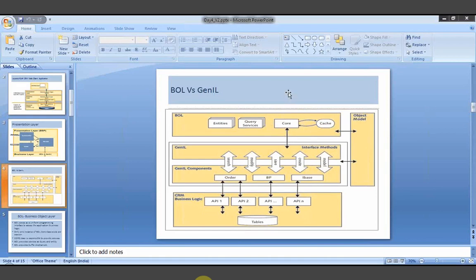Whenever the model tries to interact with the BOL layer, the WebUI framework will recognize that and will instantiate the core object. So who would be instantiating the BOL core object? The WebUI framework will be instantiating the core object.